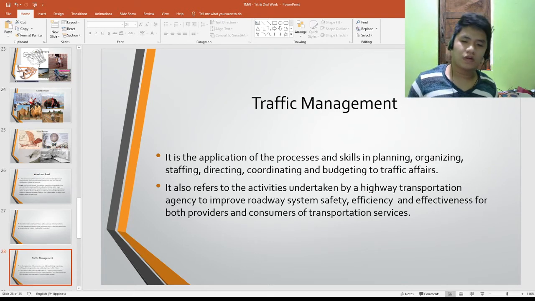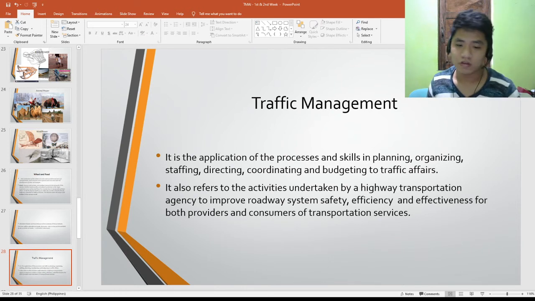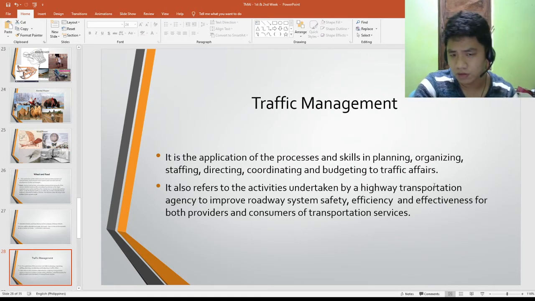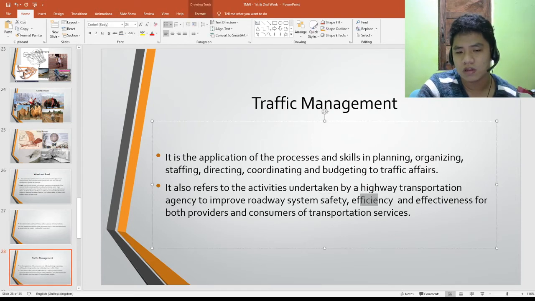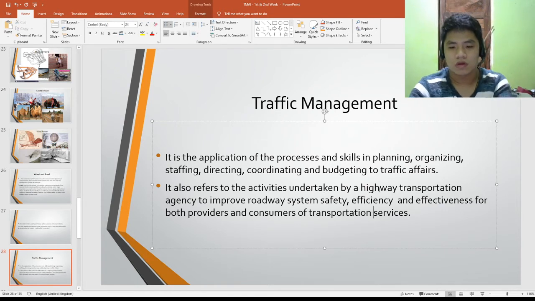So let's see, here's the application of the processes, skills in planning, organizing, staffing, directing, coordinating, and budgeting to traffic affairs. This also refers to the activities undertaken by highway transportation agencies to improve roadway system, efficiency, effectiveness for both providers and consumers of transportation services. So, somewhat the goal of traffic management is to have a safe, efficient, and effective traffic. So, for example,